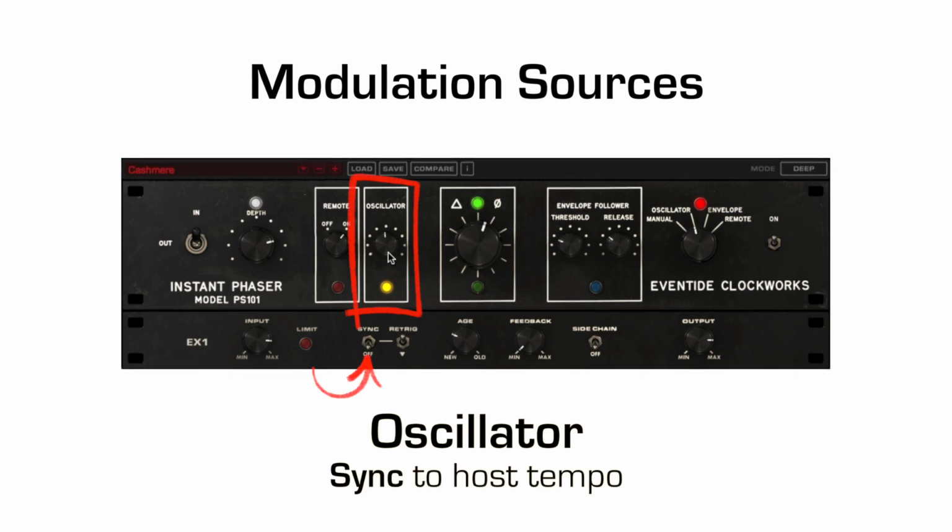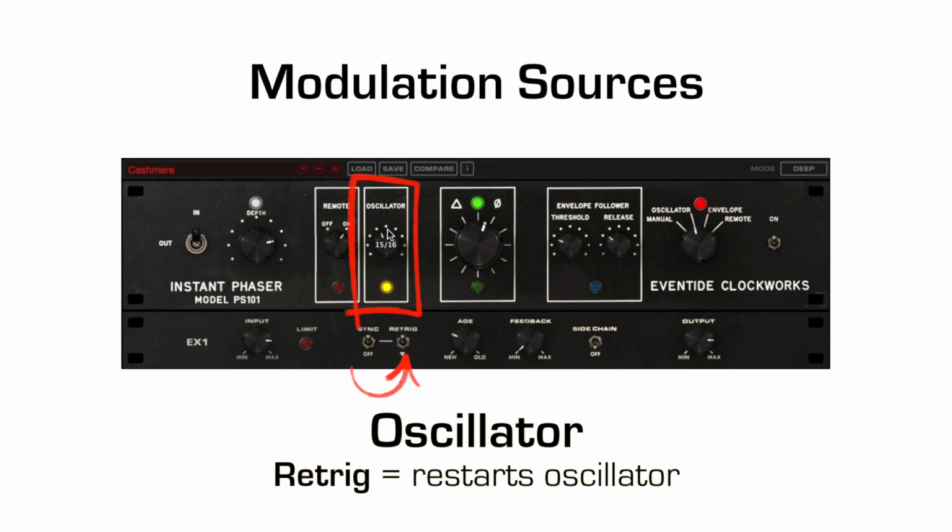The sync switch is used to sync the LFO to the tempo of the session. The oscillator rate is then set in subdivisions ranging from 1/64th of a note to 16 bars. The retrig switch restarts the LFO. A trick is to automate this at the start of the phaser effect to ensure the LFO starts at specific